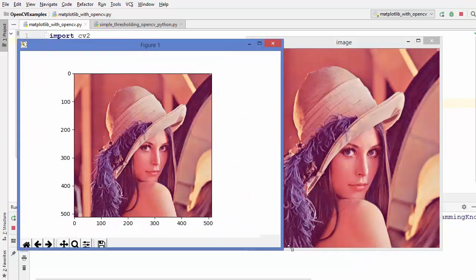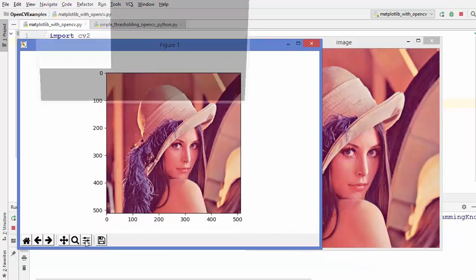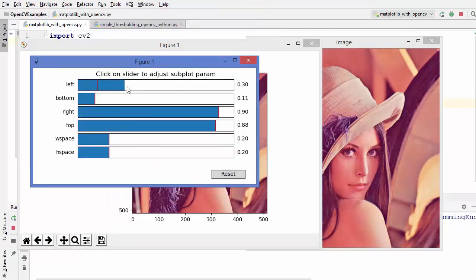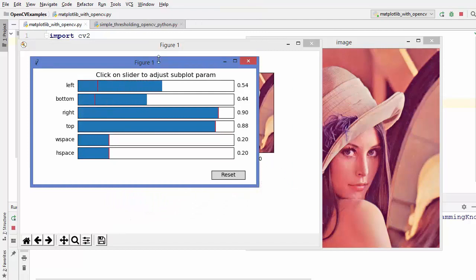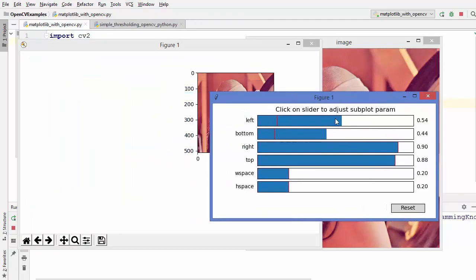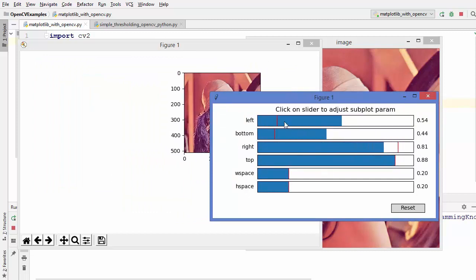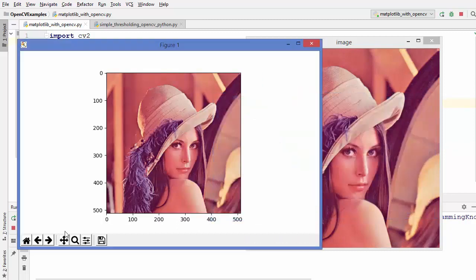You can also zoom this image if this feature is available. There is also a configure subplots option, so you can increase these values left, bottom, wherever you want to place your image. You can do that. These are some options which are available here. You can also reset these options, and you can see the coordinates here.